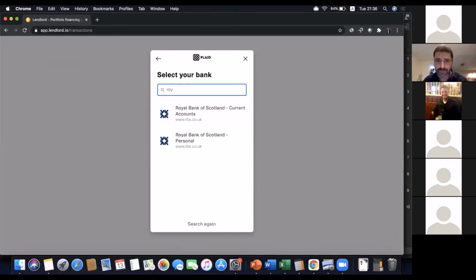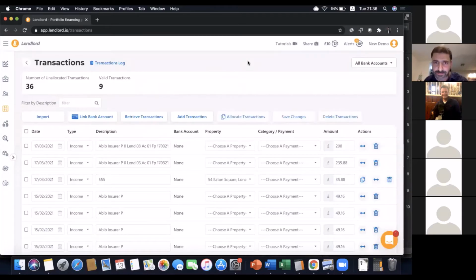They will redirect you to the bank website to put in your credentials. By the way, Landlord doesn't have any connection to your credentials. This goes through Plaid, a flow that is fully secured and regulated by the FCA, so you don't need to worry about your credentials. What we get is a read-only feed to your bank account. After you connect your bank account, I won't do it now,